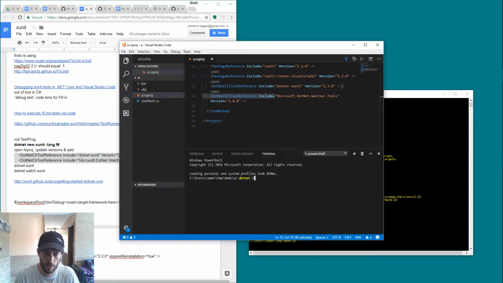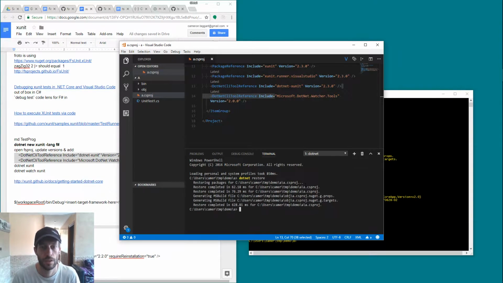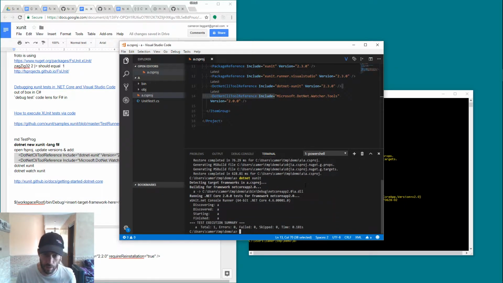So we'll do a .NET restore, and xunit created their own test runner, which works for the project. It can output, it can have different output, such that the output you can hook up into your CI systems a little bit better. So it just ran the one test as well, and if you run .NET watch, this enabled the watch, and